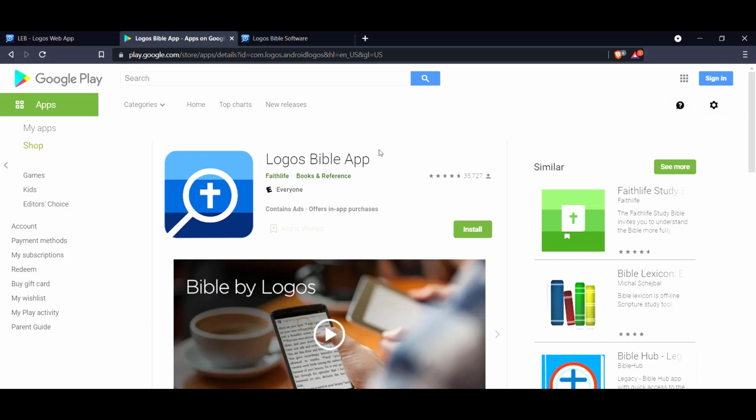It's kind of halfway in between a laptop or desktop computer and the web app, because your mobile phone or your tablet, if it can access the internet, will access those items and search off of the servers that Faithlife has. And you can use that. But if there's no internet, you're not going to have access to those. But